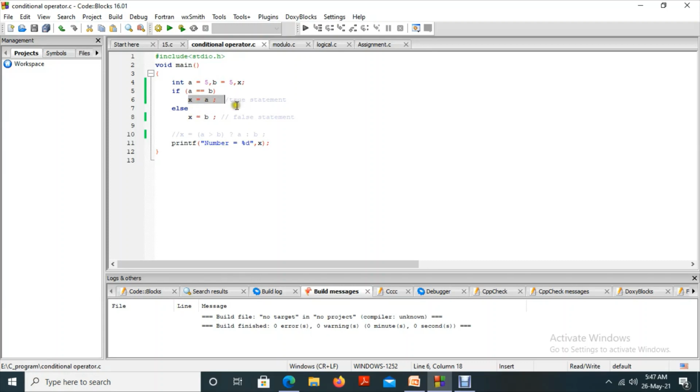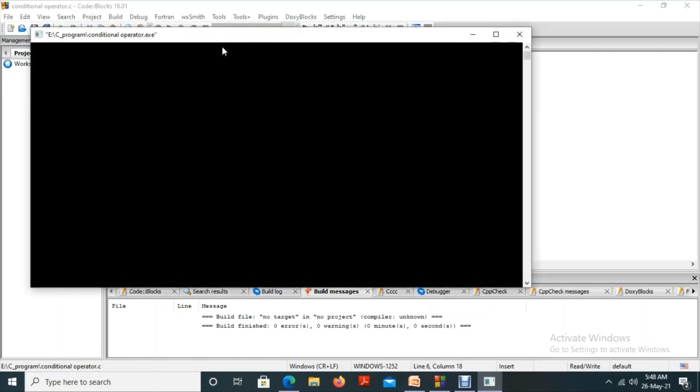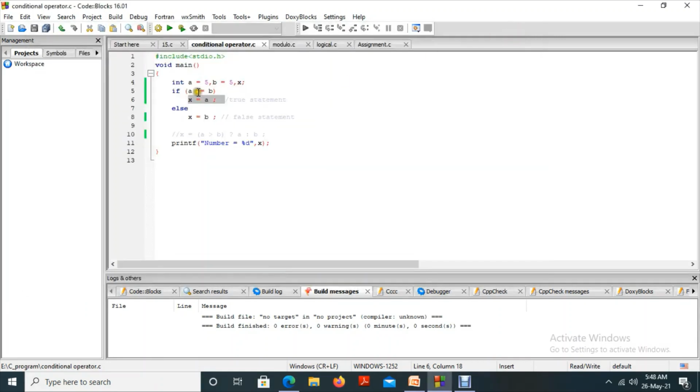If the condition is false, it comes to x equal to b. 5 equal to 5, condition is true, so x value equal to 5. If the condition is false, I am giving 6 here. So here 6 equal to b, condition false. It comes to the else false statement, x equal to b. So x will store the value 5.